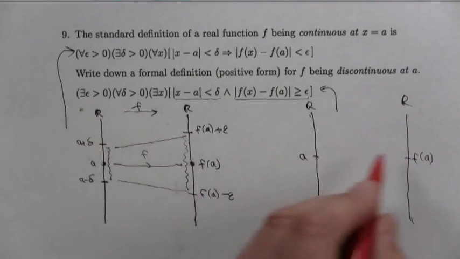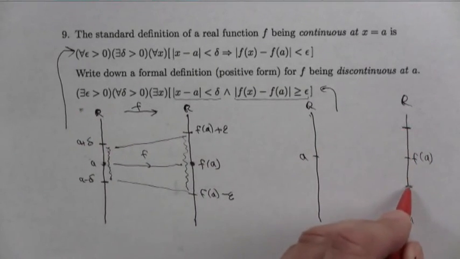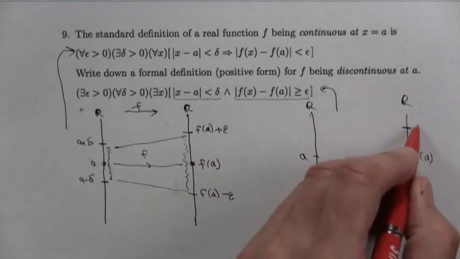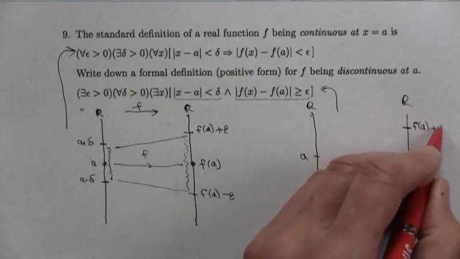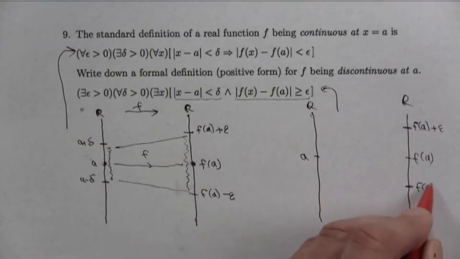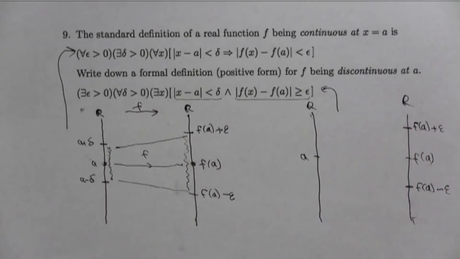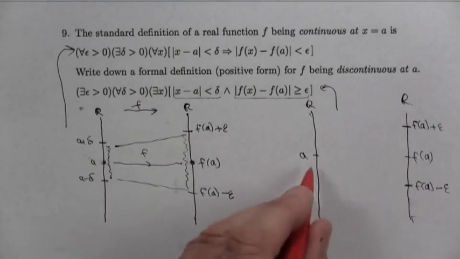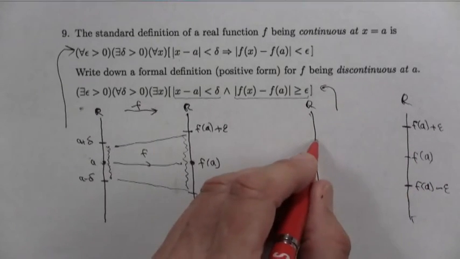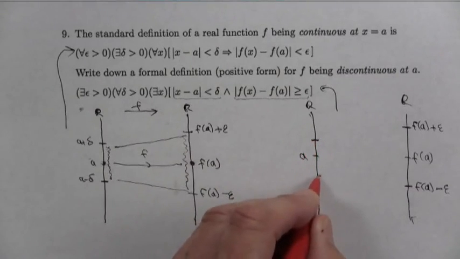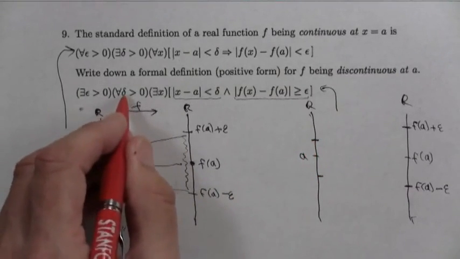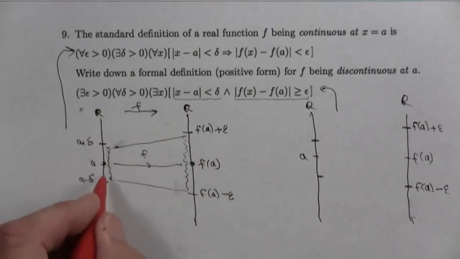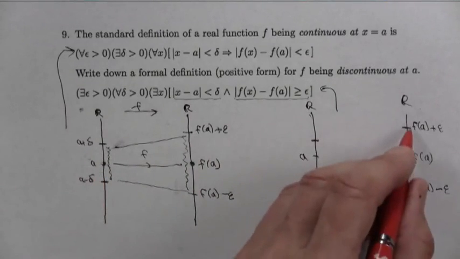Now the negation says there is some epsilon. In the previous case, this was happening for all epsilons. You could find a delta. In this case, there's a fixed epsilon that we can find, and we look at the interval around there, f of a minus epsilon. What it says is that there is an epsilon such that no matter what you take here, we found one of these guys. We said take any interval here, we can find an interval here. Here we're saying there is an interval here